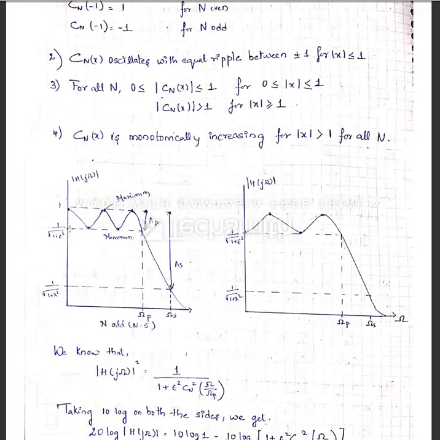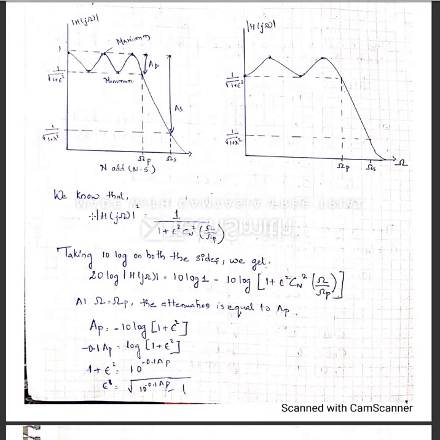Okay, this is nothing but your attenuation, which can also be written as this. We had calculated this in our Butterworth filter. In case of the value of n being odd, your oscillatory curve starts from the value 1, and in case of the value being even, your oscillatory curve starts its value from 1 by root of 1 plus epsilon square. Okay, alright, now we are going to derive the value for n.